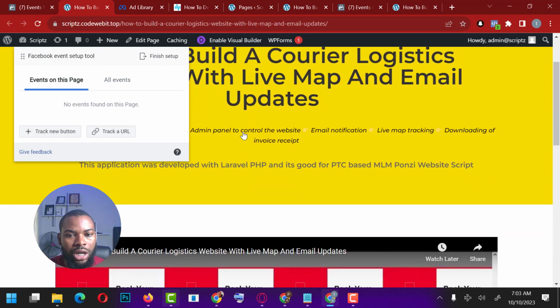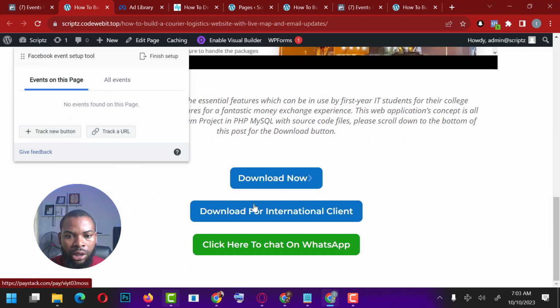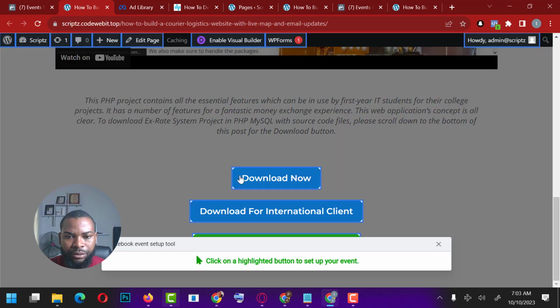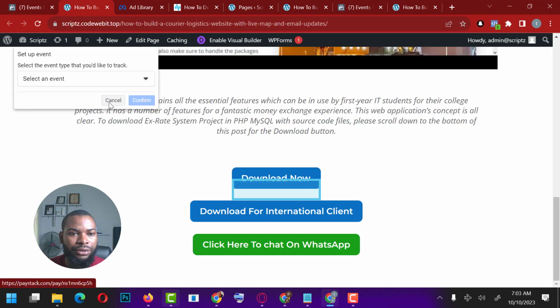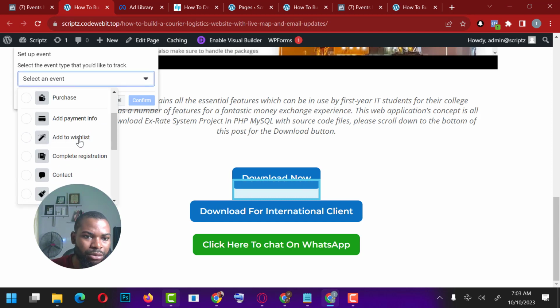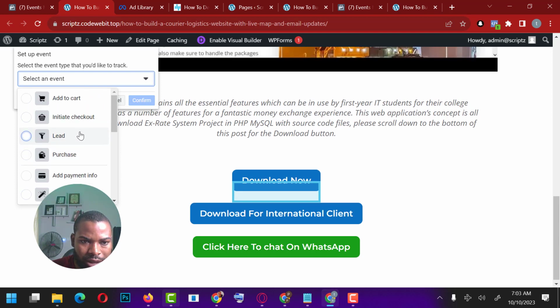Good. So now I want to track buttons. We have the download now, download for international client, and we have the click to chat on WhatsApp, right? So I'm going to click on this track new button, and then click on this very first one, select an event, and that's going to be, we're going to make that add to cart, something like that. So let's do add to cart,